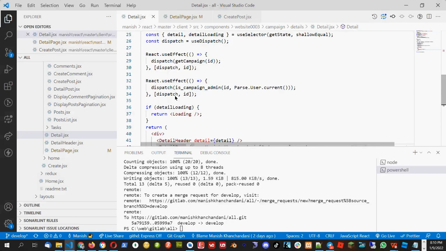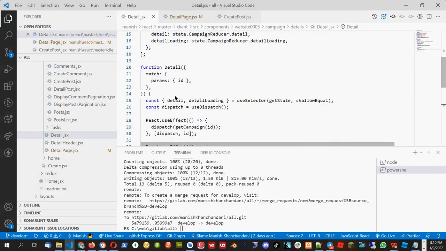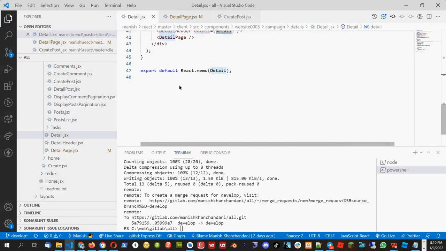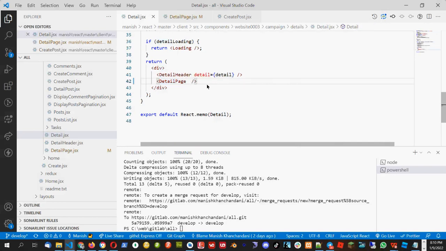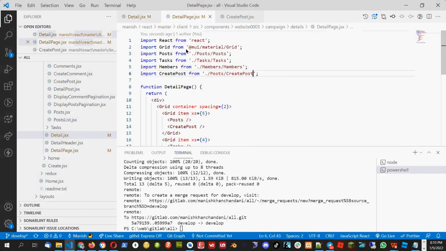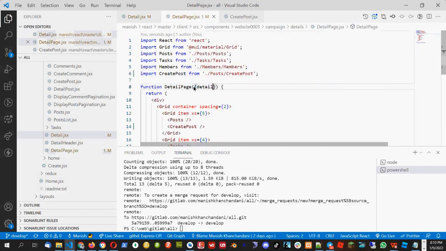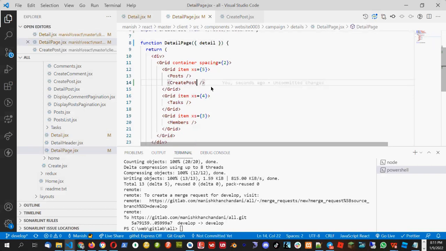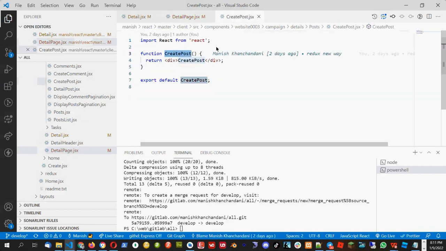I will get this detail. I will pass that detail to the detail page also, so that I know what campaign I am using, or in which campaign I am trying to post. And in the detail page, I will get the detail which I will pass to create post. Okay, so in create post,